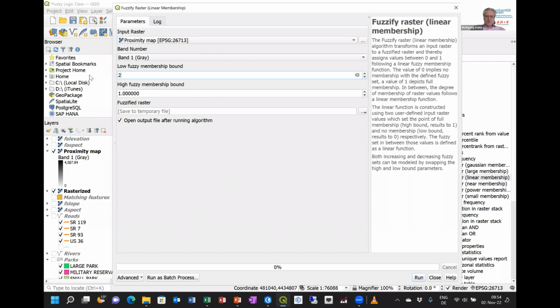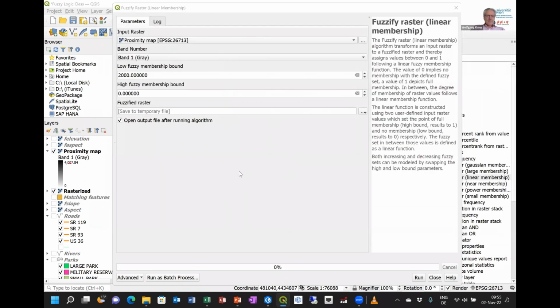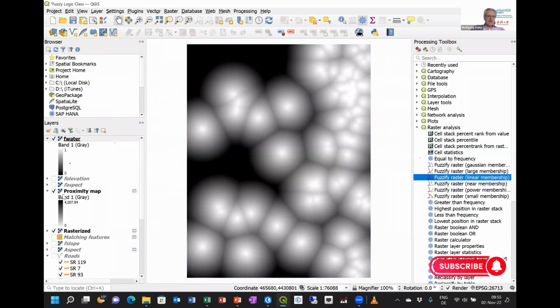We set 2000 for the low bound and 0 for the high bound. And we save it to a file and call it F water, so fuzzy water. Fine, that should be fine now, and we can run it, giving us